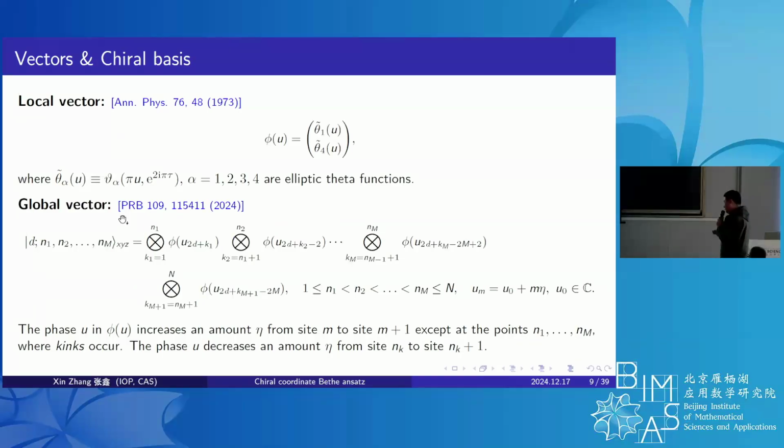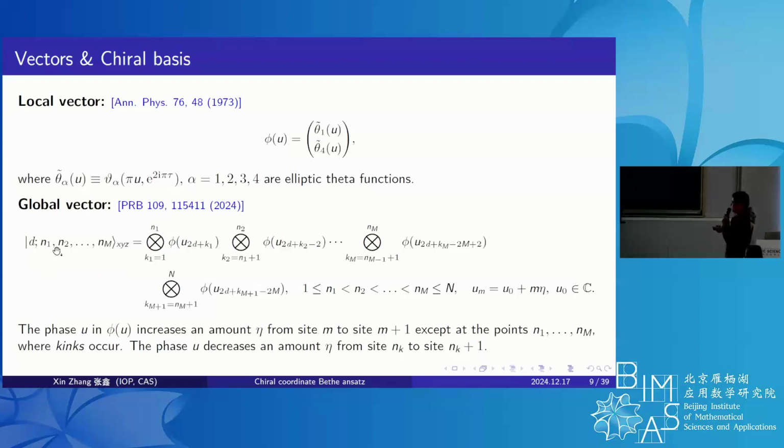it also has two periods. One is 1 and the other is 2 tau. So it is different from the theta function in the exchange coefficient. Then one can construct such a factorized global vector. Here u0 is just a free parameter, and if we see the argument u in this phi u as a phase factor, we can say that in this global vector we have